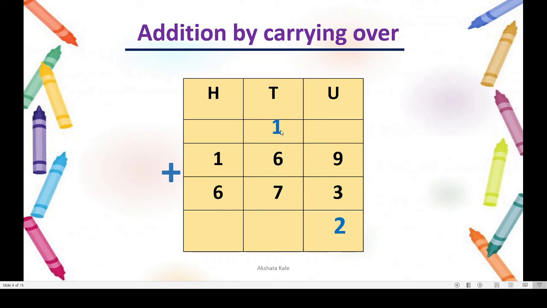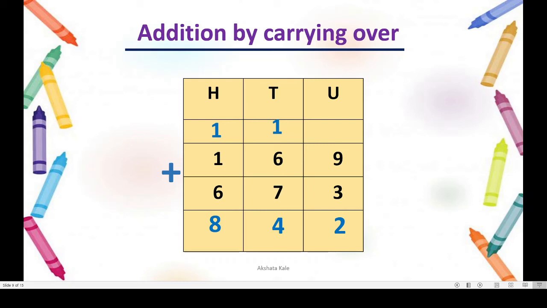So it moved to tens column. So 6 plus 1 is 7. 7 and 7. 7 twos are how much? 14. Isn't it? So I will write 14 here. Again we can see here 4 tens and 100. So this 1 will move to hundreds column. Now 1 plus 1 is 2 plus 6 is 8. Isn't it? 842. Got this students?